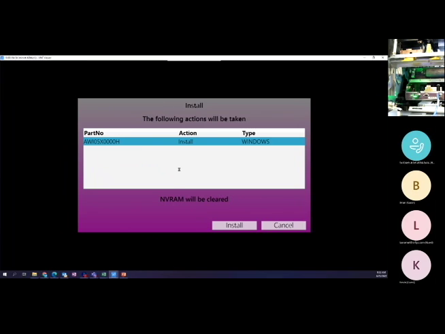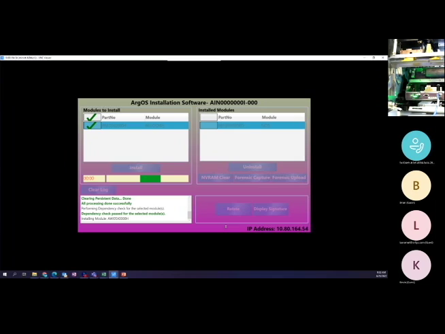First and foremost, it's a Windows thing. Are you sure you want to install Windows? Of course, I do. So I'm going to tap on install, and then it's going to go ahead and start. Now, one of the things that I also want to point out, based off of the Windows part